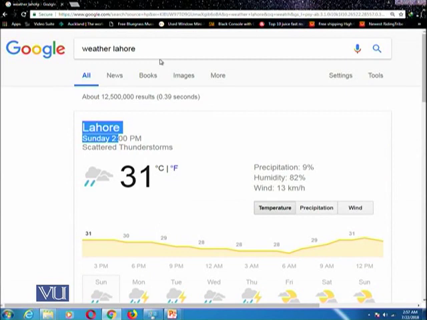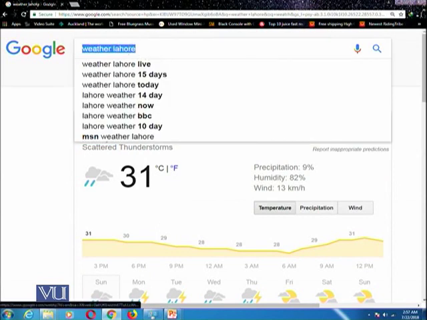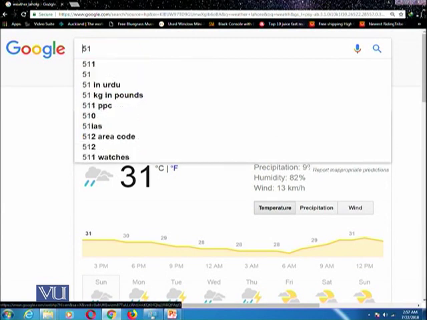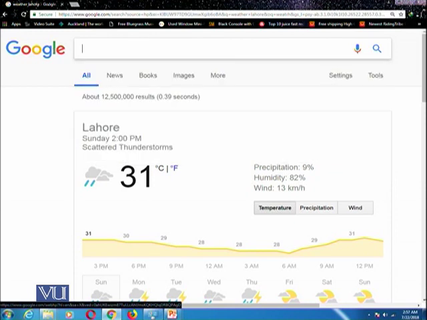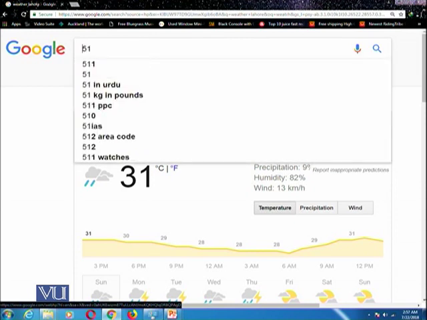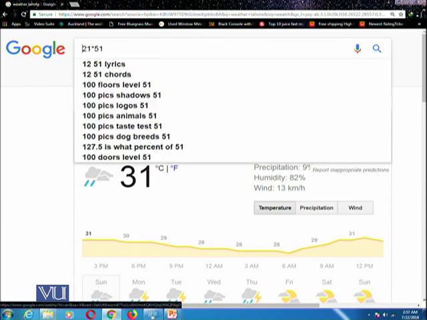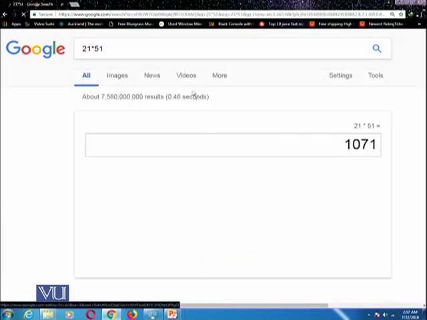If you want to calculate something, you just need to type that query, like I am typing a multiplication here.